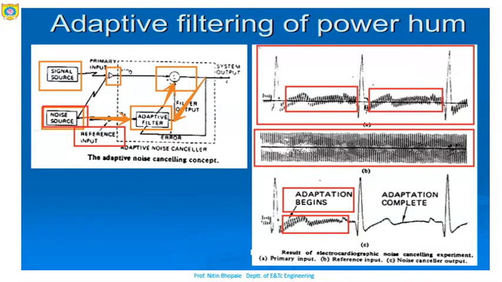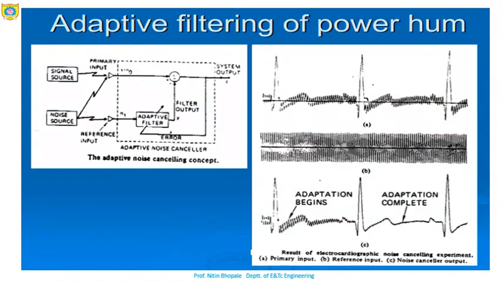The entire noise which you can monitor over here, the amplitude is slightly decreased as compared to this. So here it is decreased more. Adaptation is beginning over here, but this second part is quite smoother as compared to the first part. This is how we can say that the adaptive filtering of power hum takes an active role to decide the appropriate ECG for analysis with respect to the noise, how it cancels it, as provided by this particular slide.